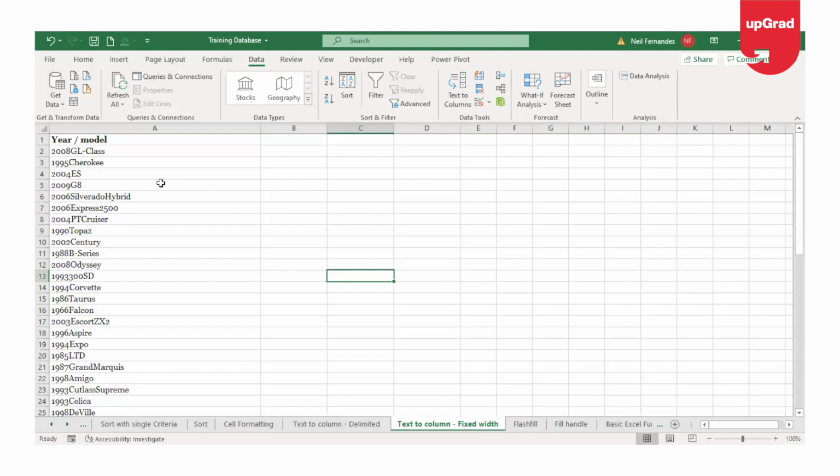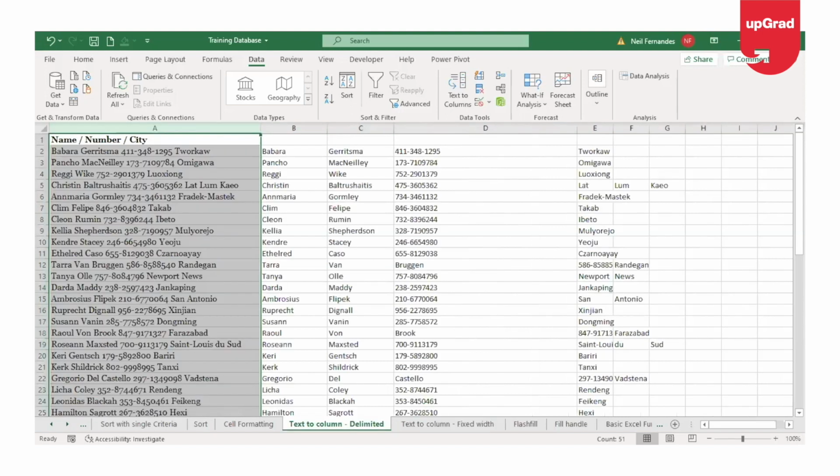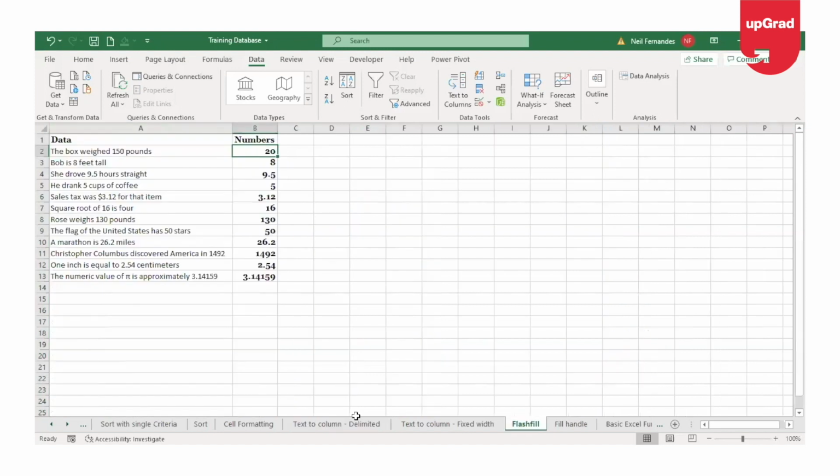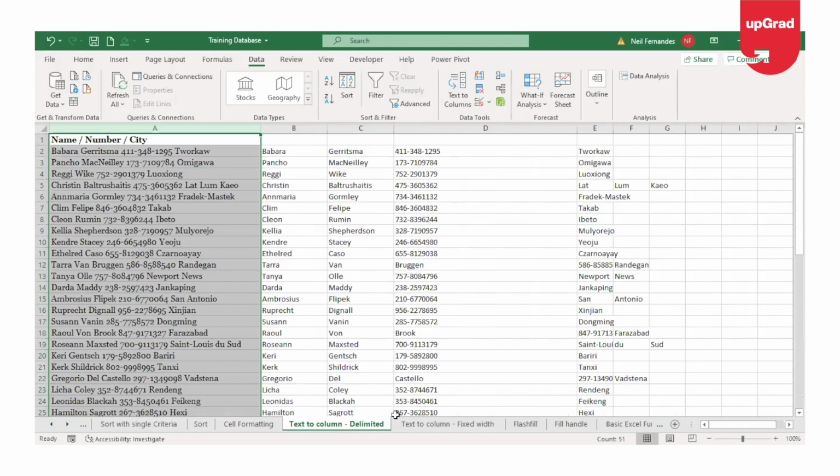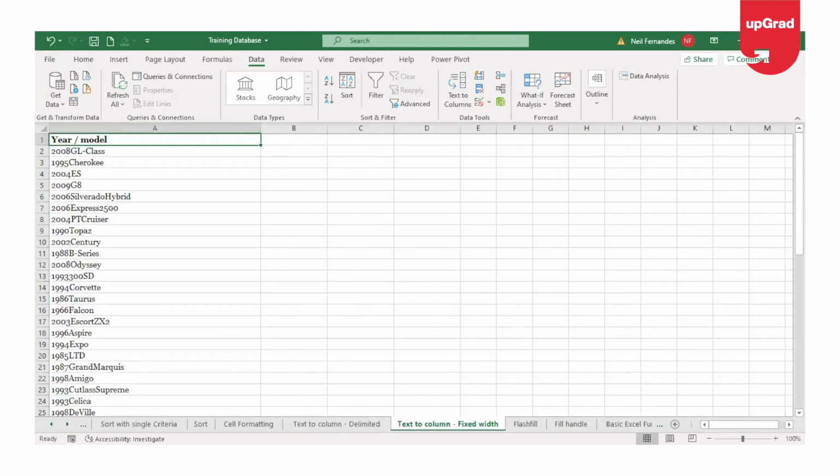Moving back to text to column, there is one more part of text to column which I want to show you, which is something called fixed width. We have already discussed the delimited option, and then we showed how flash fill can be a replacement for text to column delimited, but there is something called fixed width. What is that?